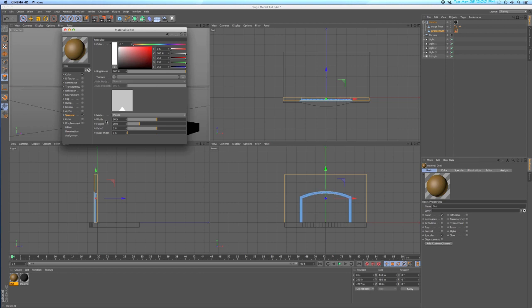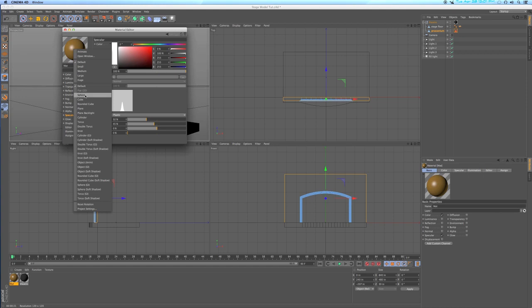The two things that I'm going to adjust is the width and the height. Currently the width is pretty wide and the height is not very high, so I'm going to make the height higher and the width less, and you can see it makes it much more of a highlight on our material. If I right click on this little symbol, by default it's showing this little